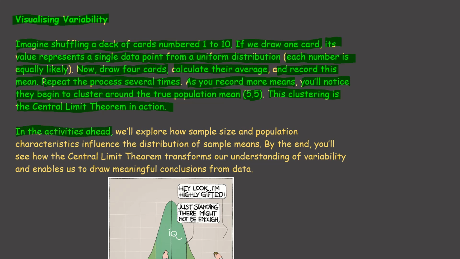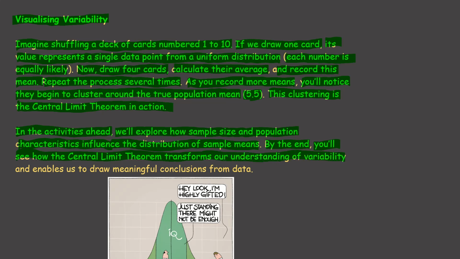In the activities ahead, we'll explore how sample size and population characteristics influence the distribution of sample means. By the end, hopefully, you'll see how the central limit theorem transforms our understanding of variability and enables us to draw meaningful